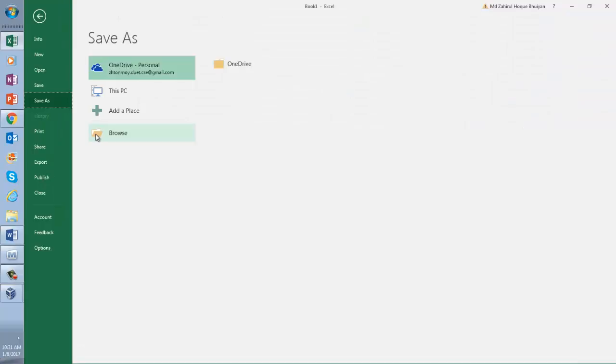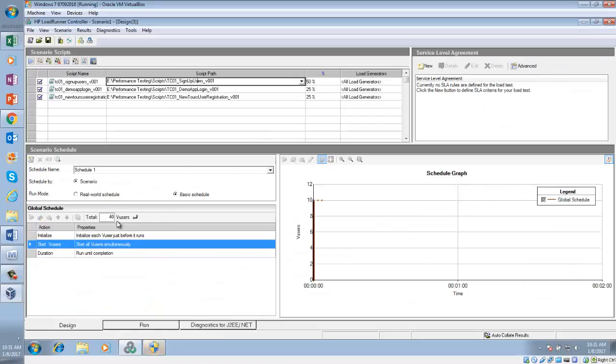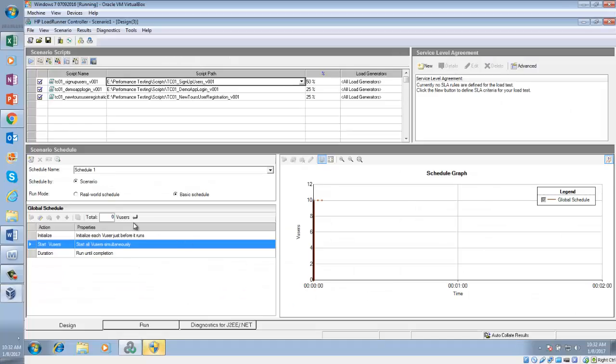Okay. Now you come to this Excel here. How many users do you have? 20. Right? Actually, can we execute a 20 user test here? No. We are going to execute a test to explain this thing here. Let me go to Excel and make it 6, 2, and 2. Now, how many users do I have? 10. Let me put it as 10 users,